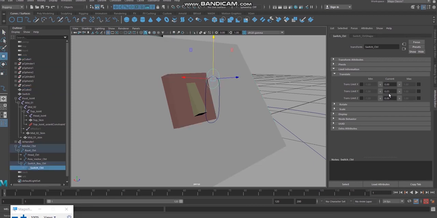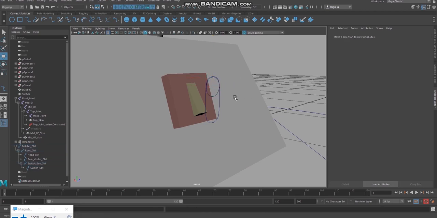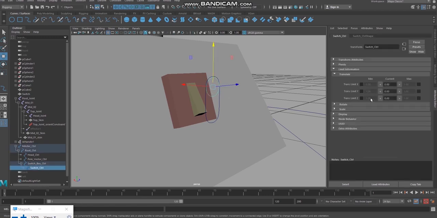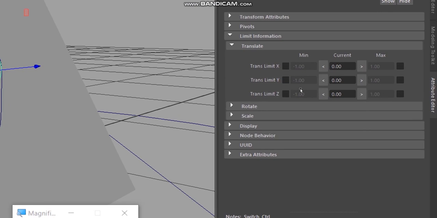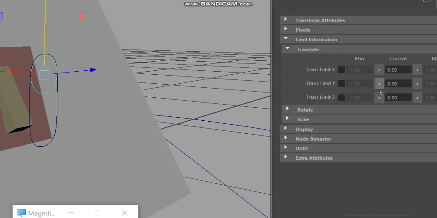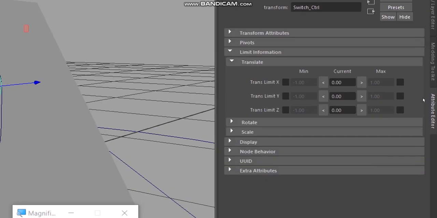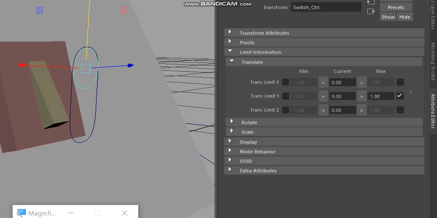Translate Y. You can see the values are getting changed here. Okay, translate Y. So first I'm selecting this. You can see the options like minimum limit and the maximum limit. Okay, this is the current value 0. When I click on this, the value will be applied here. Okay, I'm going to select the maximum value. I'm going to pass the 0 here to the maximum value. I have set the limit.